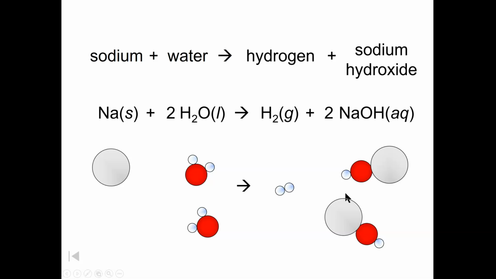But now we have an extra sodium. Well, this is actually going to be pretty easy, because you can see sodium over here is by itself. And so all we have to do is what? That's right. Add another sodium. And once we add that other sodium, that's by itself. And now we have our 1, 2, 1, 2, 1, 2, 1, 2, 1, 2, 3, 4, 1, 2, 3, 4. We are balanced.